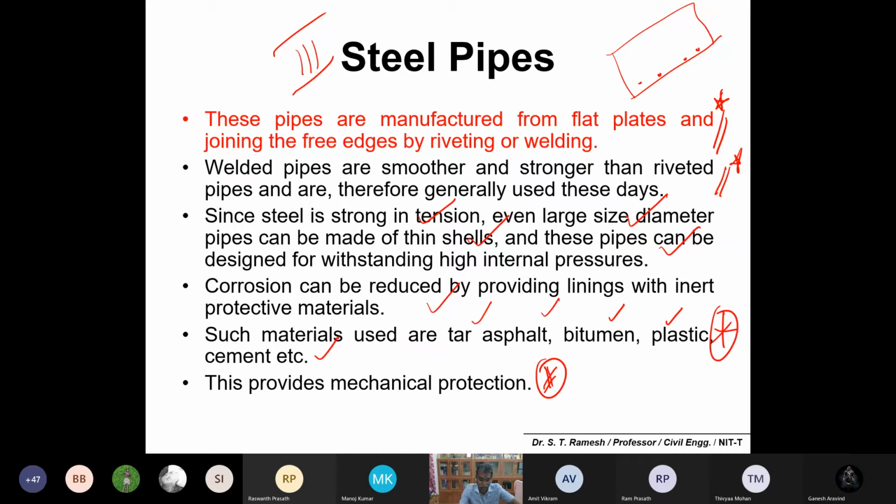Whatever the diameter, you can make pipes using flat sheets or flat plates of steel. You would have noticed near the NIT or Tuagudi a lot of fabrication plants or fabrication industries. They may do these sorts of activities. Any diameter, any dimensions you can make using flat plate sheets, steel pipes.